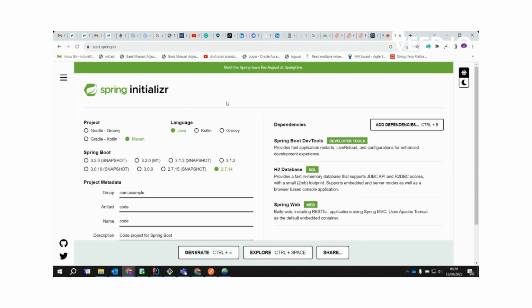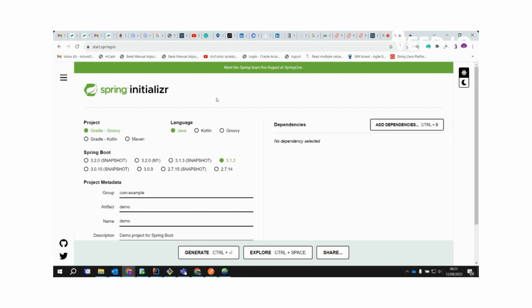Today we are going to describe how to start a Spring Boot project with Java. Okay, let's all go to the start.spring.io website. This is a simple way to start a Spring Boot project. Everyone go to the Spring Initializr website, and then you can select the project